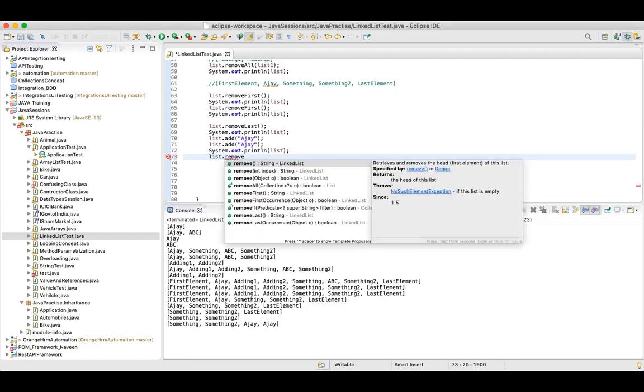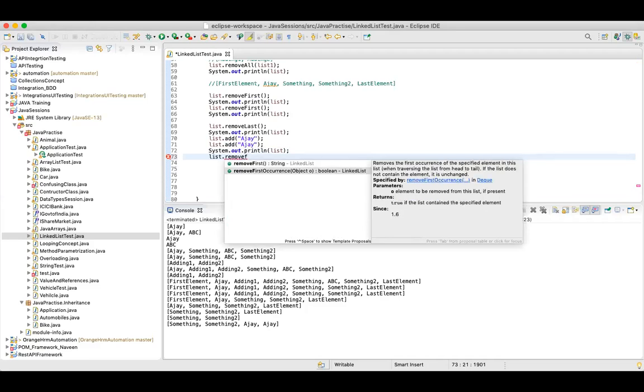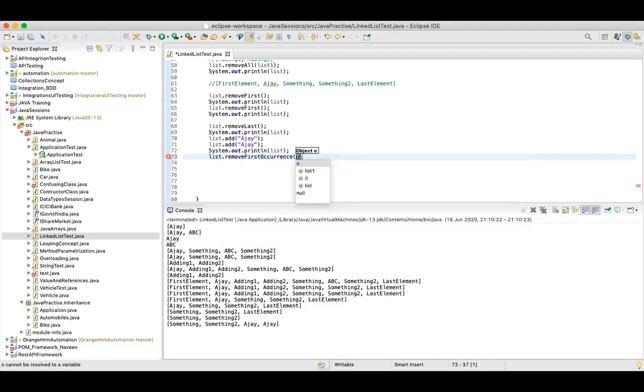Let me check removeFirstOccurrence. Here we can specify the string which we want to remove. So let's say I want to remove the first occurrence of Ajay. Let me place this Ajay at a specific position, so that it's clear: 1, Ajay.